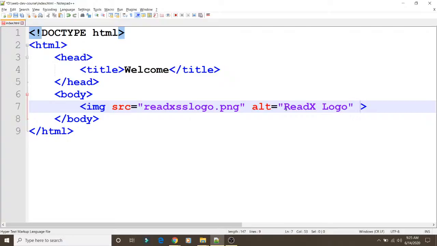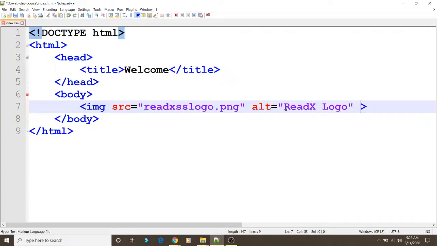Fine. Apart from this alt, we do have some more attributes with the image, that is image width and height. Like how you can define the width and how you can define the height of that particular image.